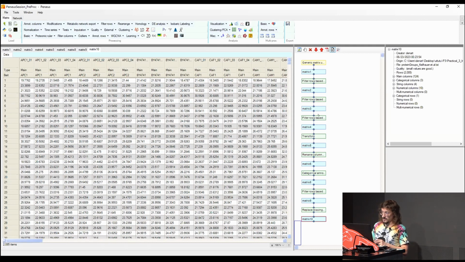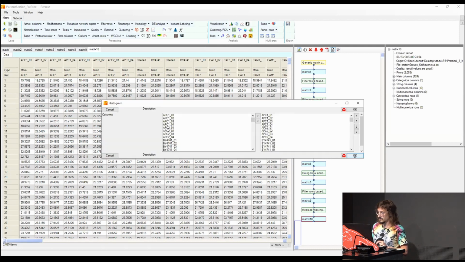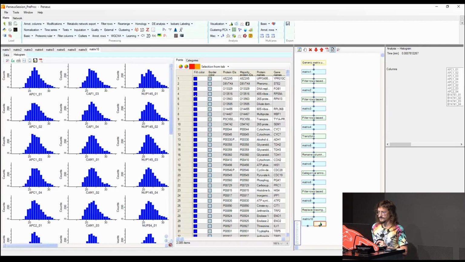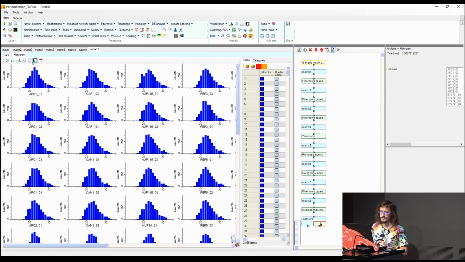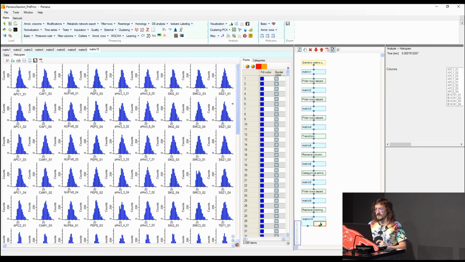So now it's time to take a look at the data. So we'll just use a histogram. And let's see how many data were imputed. Well, here, this is a bit strange, but we can keep it. Fortunately, there were 4 replicates. As a general rule, a very good thing is to do 4 replicates every time you do proteomics, because in case you lose something or something bad happens, at least you still have 3, and with 3 you can still do statistics.